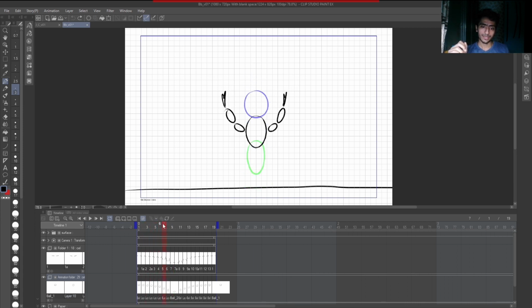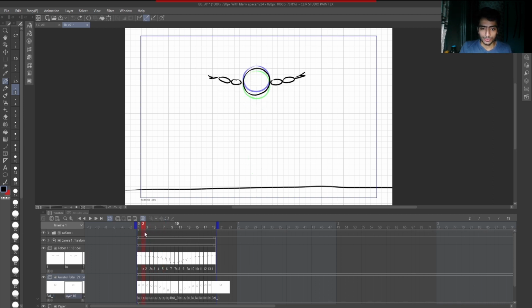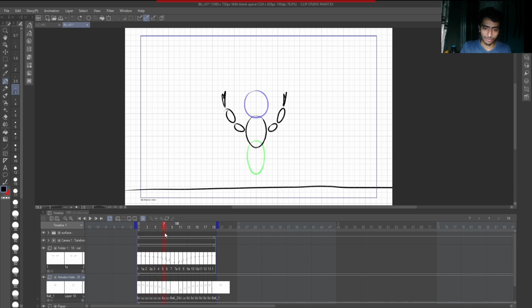Yeah, there is a big difference between this and this. I'm not a 2D animator, I'm a 3D animator, so I just did it for practice purposes only. As you can see, frame by frame, how I reacted, how I